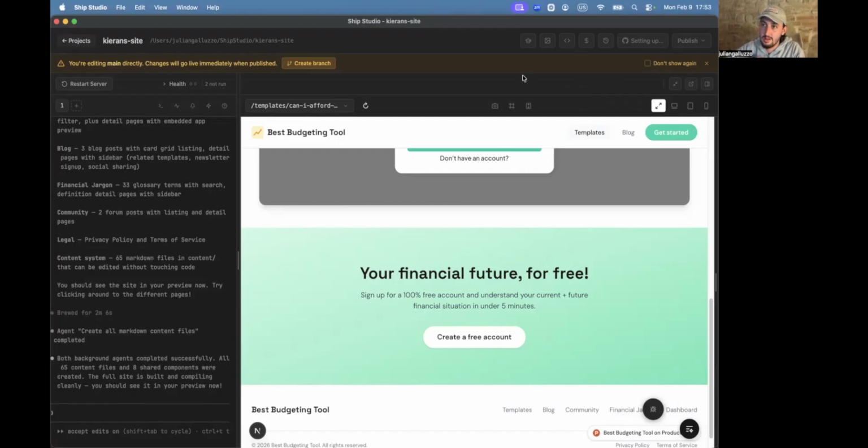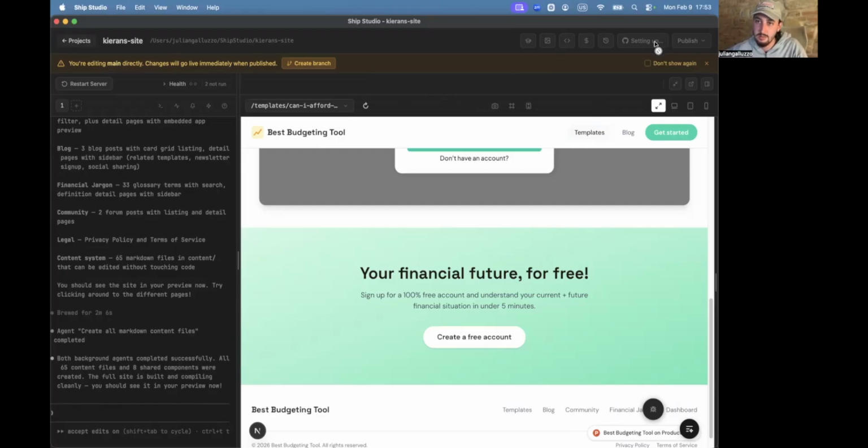Adebayo asked how many lines of code Ship Studio is, and I'm guessing you don't know that off the top of your head because you didn't write the code. A lot. I don't know. There's a good bit. My understanding is that I just gave it to our engineers and they said, yeah, this looks great. They've been shipping updates to it too. It's pretty hefty. It's a big app, but it's pretty performant. It works pretty well. Claude Code eats a lot of RAM on your computer, unfortunately, but overall it's pretty good.